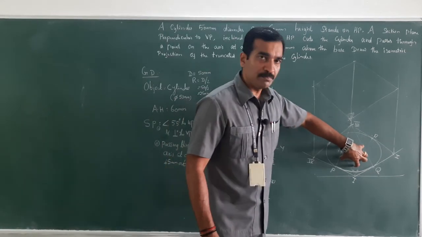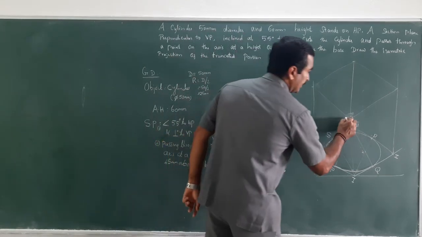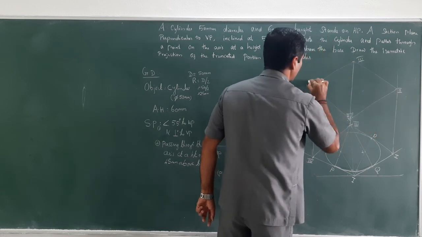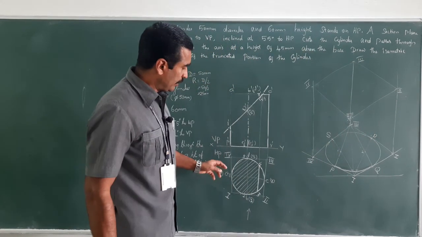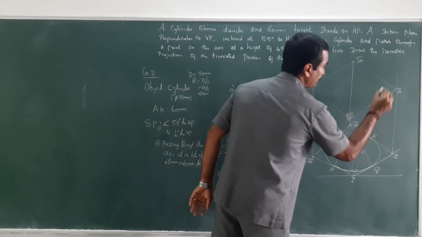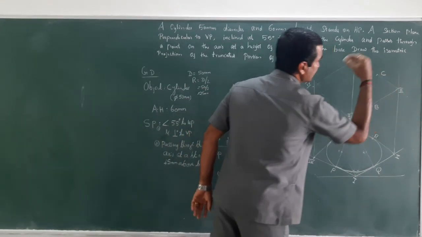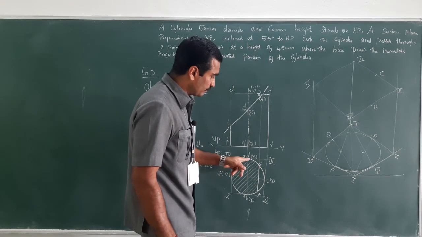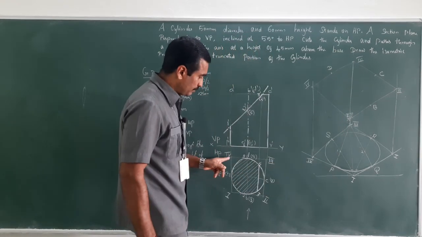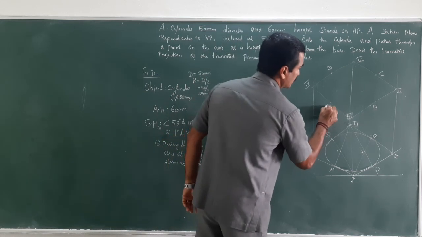So the bottom base is over. Let me do the top face. So naming it here 1, 2, 3, 4, the Roman letters. Between 1 and 2, B point is there. So cut an arc here. This is B. Between 2 and 3, C is here. So from 2, cut an arc. This is C. Between 3 and 4, D is there. So measure it from 3 to D and cut an arc. And between 4 and 1, A is there. So measure it from 1 to A and cut an arc. This could be A.